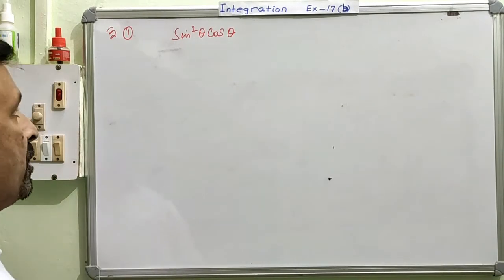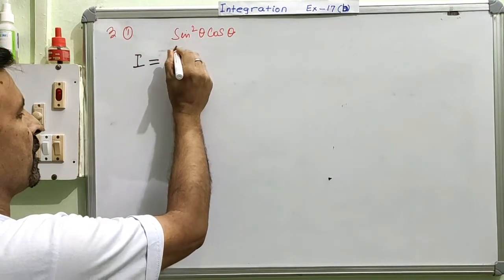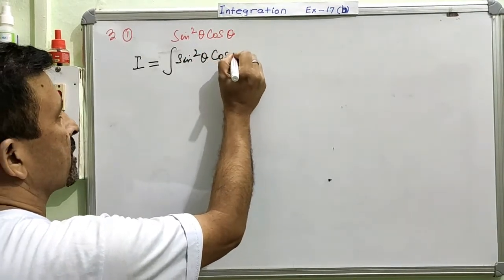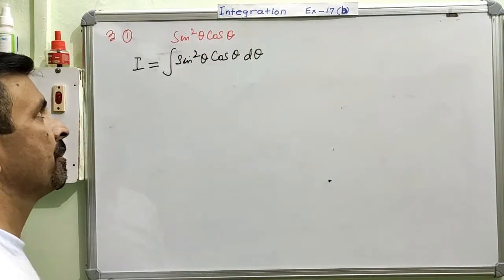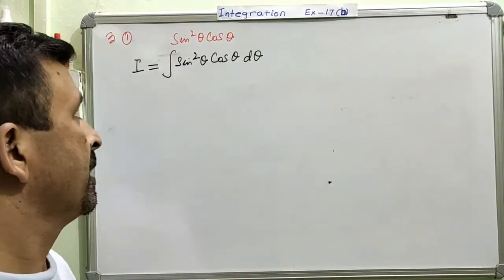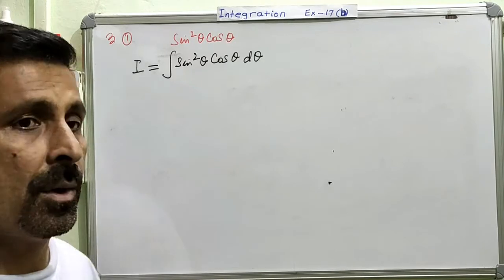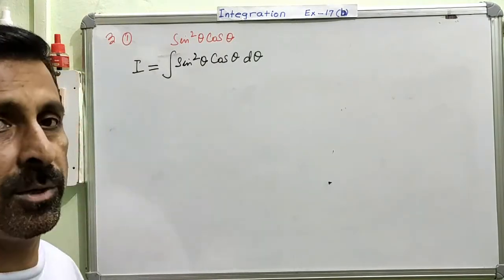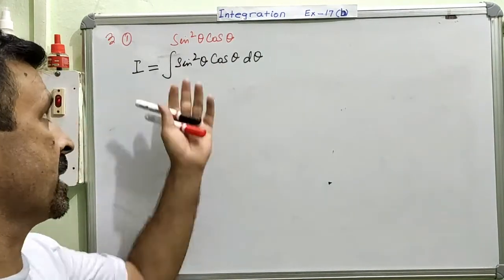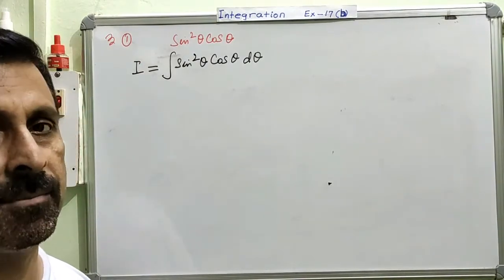So this is your question and you are going to integrate. So I is equal to, first of all, I will just show what we are going to do. This is sine square theta cos theta d theta. Because the variable is theta, therefore this also will be d theta. If this is x, then this will be dx. Am I very clear? Now, this is the first step that we are going to do. So from here we understand that we are going to integrate the given function. But as I told you, the function is in the form of product, so we have to integrate this by using the substitution method.